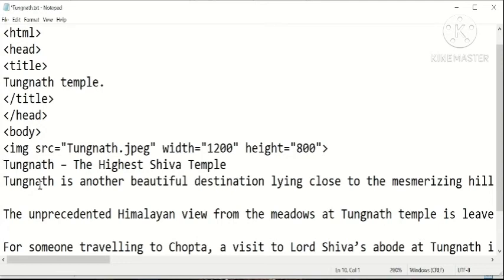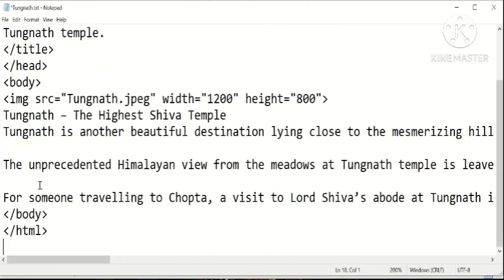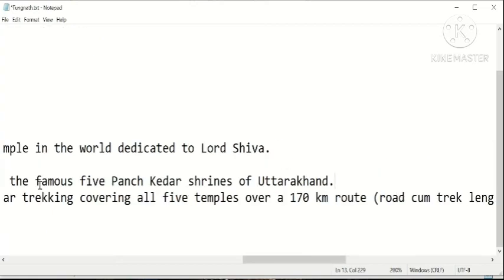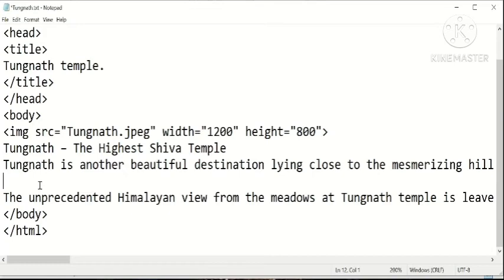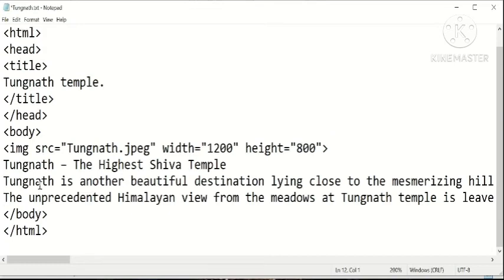Right, so this is the description of the temple. Let us save this HTML document as .html. It is right now a text document.